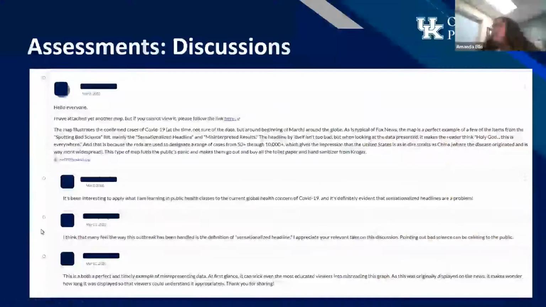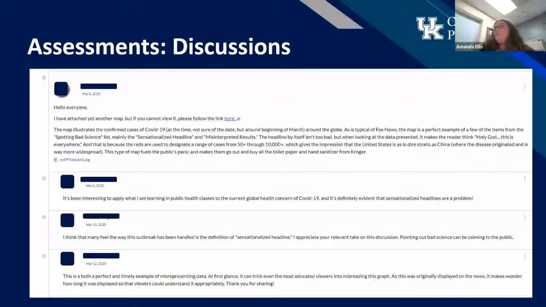And so I'll give you just a minute here. Hopefully you can read it. So this is an example of real discussions that took place. You can see this is 2020. So the first time that I taught this course was peak COVID, which always made things interesting. But I'll give you a second to read this one, but you can see the type of interactions that students were having and making these discoveries for themselves.